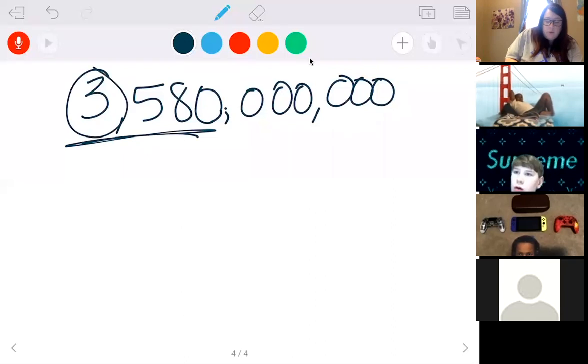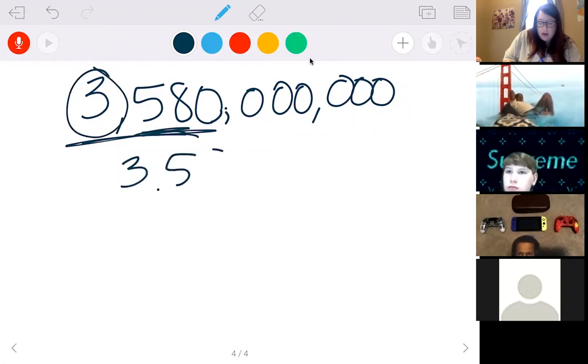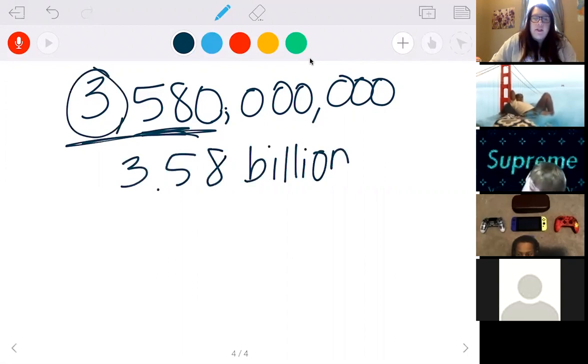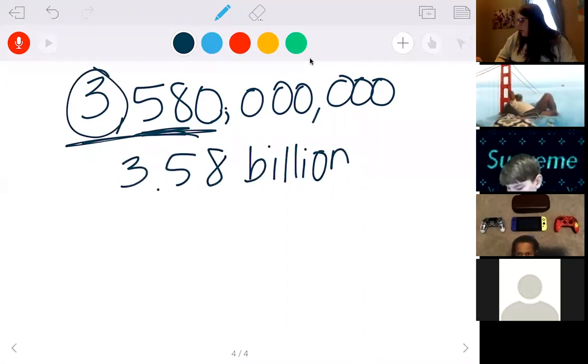You take this one and say 3 dot, and then I put all the numbers that aren't zero. 3.58, and then it's billions. So I put 3.58 billion. Okay, so if you have more than two numbers there, just put all the numbers that are not zero. So 3.58 billion. So try this one,